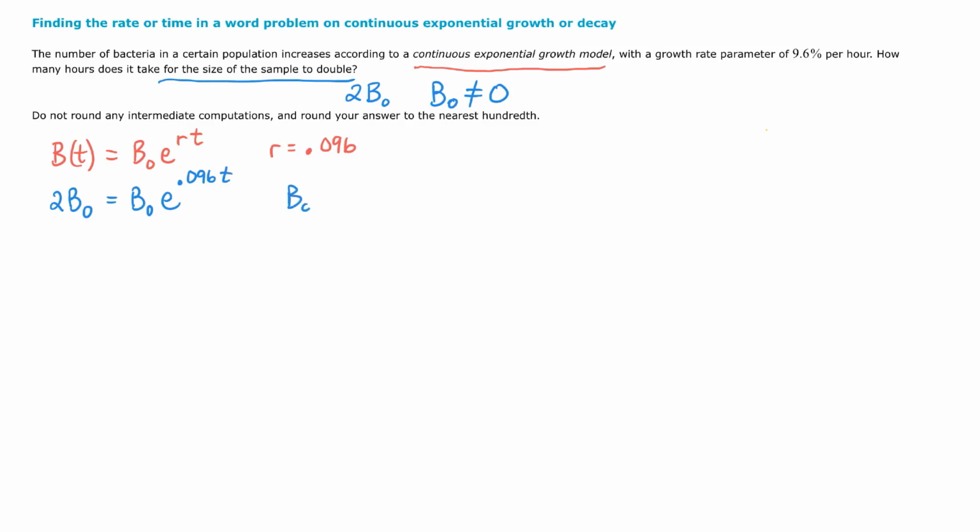We know that B sub 0 is not 0, so we're going to balance the equation by dividing by B sub 0. This is starting to look nice. This is 2 is equal to e to the decimal 0.096 times T. And now we need the inverse function of the exponential function, and the inverse function is called the natural log function. So we're going to take the natural log of the entire sides,